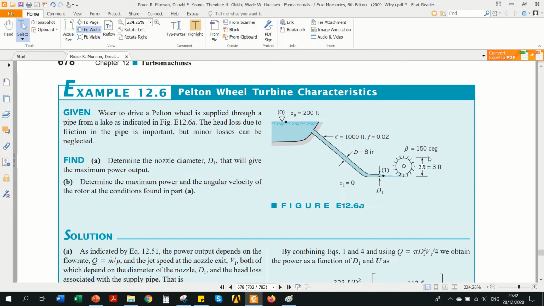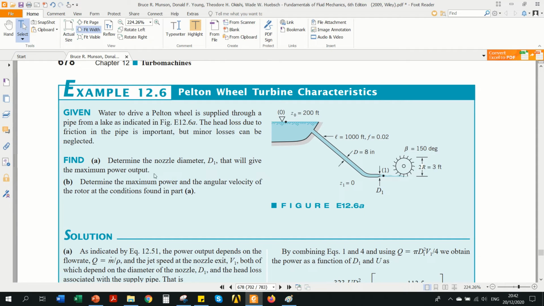The angle beta that is involved in this whole flow, between the relative flow velocity and the tangential axis, is given, and then the diameter of the rotor is given as 3 feet. So the head loss due to the friction factor in the pipe is important, but minor losses can be neglected. So we are going to include the major head losses and the minor head losses will be neglected. What we have to do is determine the nozzle diameter D1 that will give the maximum power output,